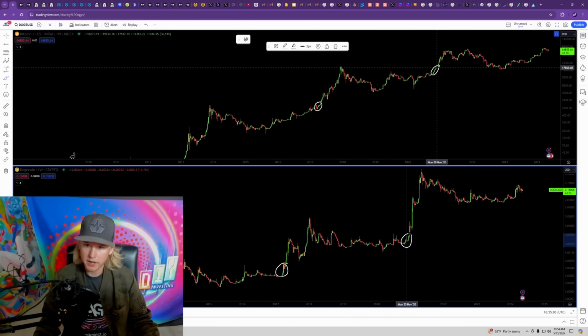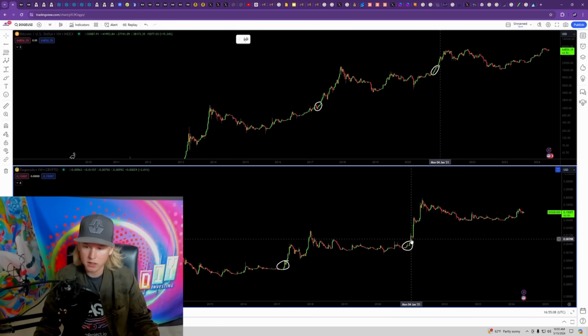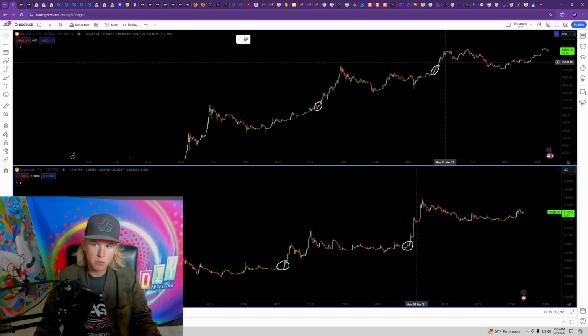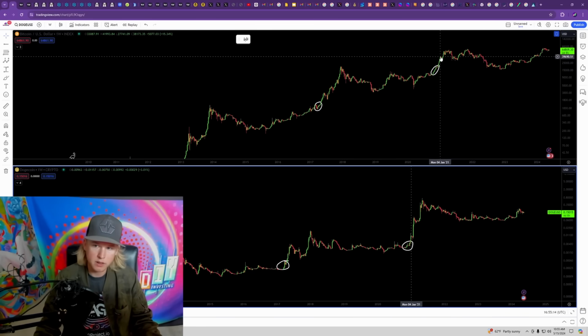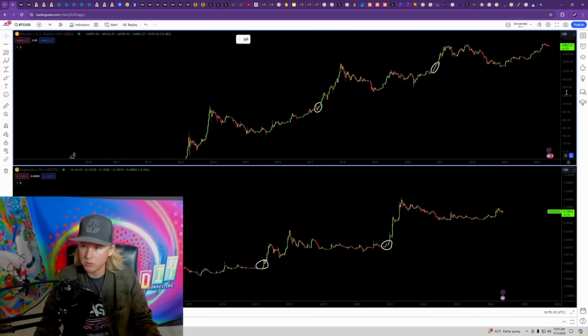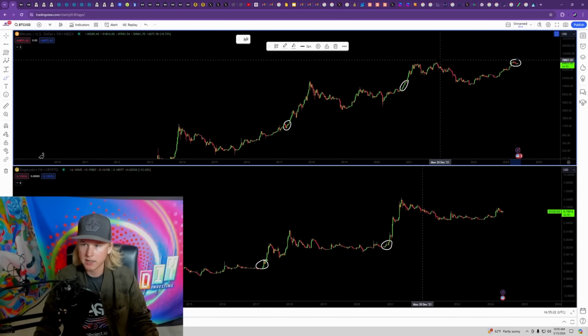Once Bitcoin started getting into those new all-time highs and actually went into price discovery here, that was right at the beginning before Dogecoin shot up like a rocket. It did wait a little bit. It took a period of time before we actually got that big breakout. But it was at the moment where Bitcoin went into the new all-time highs that we saw Doge really start outperforming. So when we're zooming out and we're seeing Bitcoin once again sitting at these prior all-time highs,